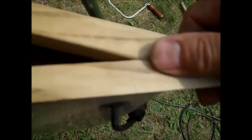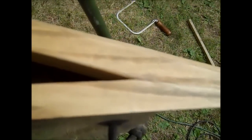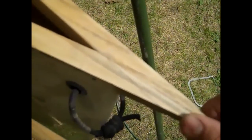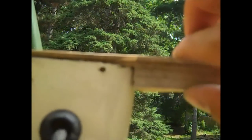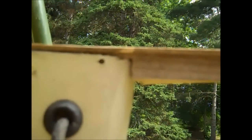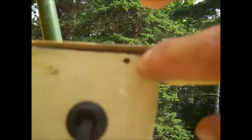I was able to just fit this in using a rubber mallet and pounding it into place, and it's really tight. Again, don't worry about the ends because you're going to cut that off anyway. I'll give you an undershot here, how close that is, and there's always a little space there. And again, I'm going to fill that in, but that's originally how it was done, and that's how Northwest Canoe recommends it as well. So I've got a couple clamps in to secure it, and then I've got my deck